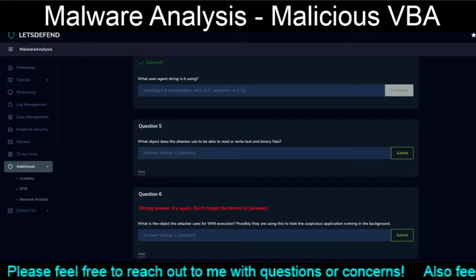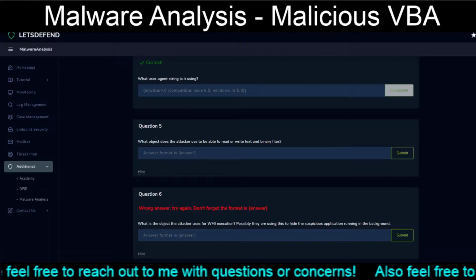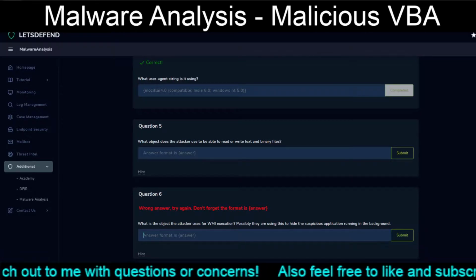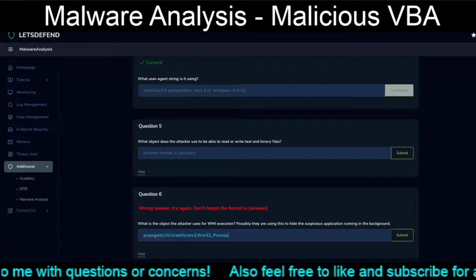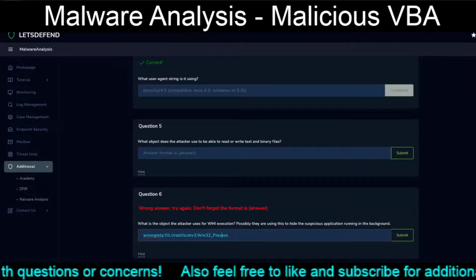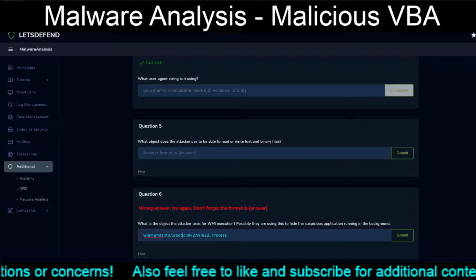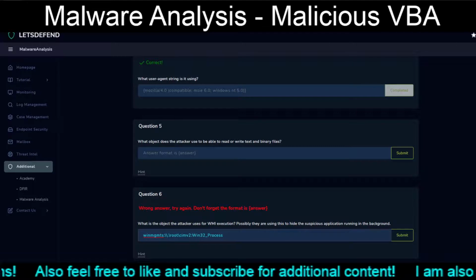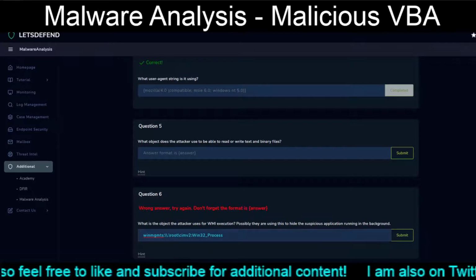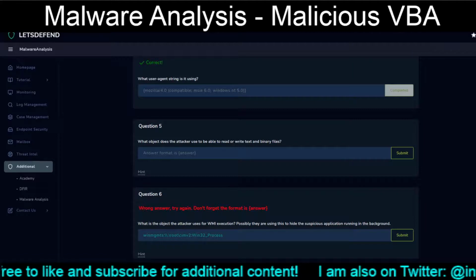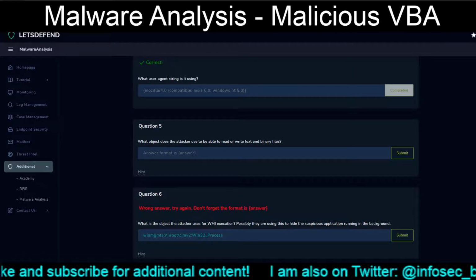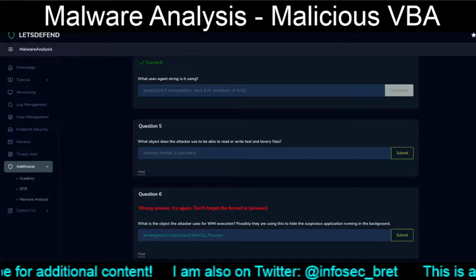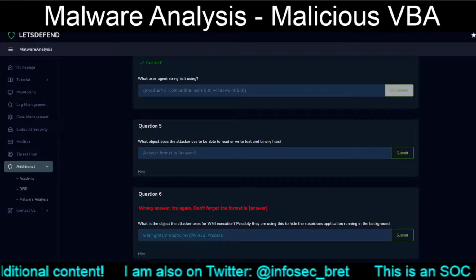But what was being reported after everything was done was, like I said, too many backslashes. So what it should be is, instead of a double, and then on the quad, it should basically spell out WINMGMTS:, //root/CIMV2,